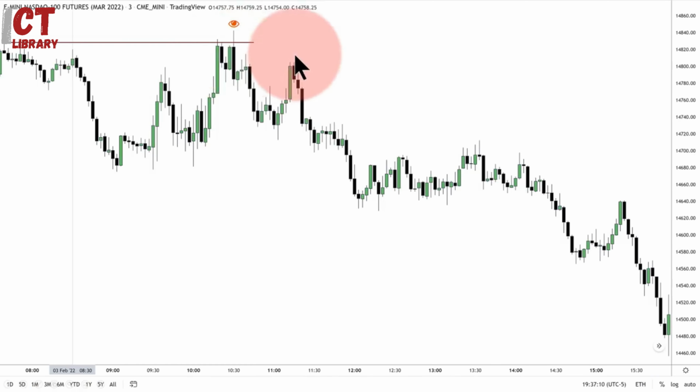Does it hit your stop? No. This might be more than you're willing to absorb, but there are micros. You're only trading $2 per handle there. It's not $20 per handle, or 4 ticks. It's $2 for each tick, or 50 cents each tick. So that's not a lot of money being risked there. But